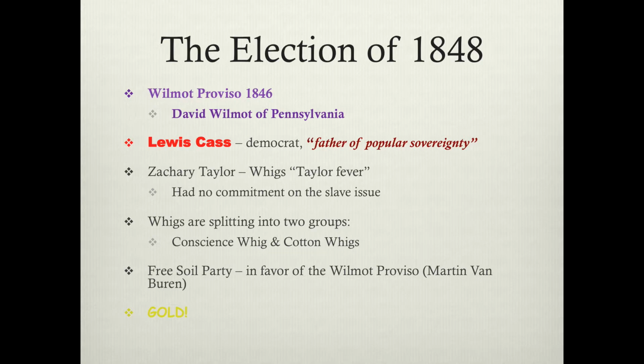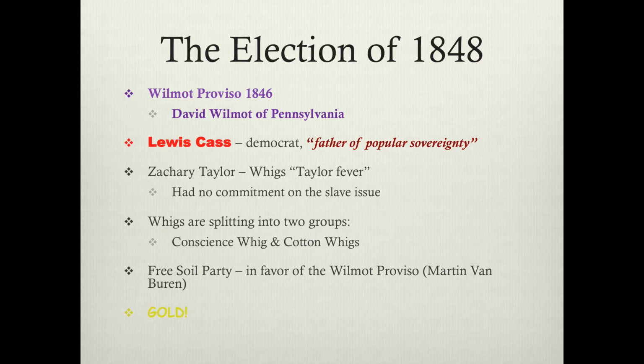Texas is now in the United States. It already has slaves, so it gets to keep its slaves. But no more slaves after that. And there is a lot of fighting. It does pass in the House. The House of Representatives passed this provision, but it fails in the Senate. The Senate will not pass it. At the end of the war, when the Mexican War is over in 1848, and it's the Treaty of Guadalupe Hidalgo, they try to bring back the Wilmot Proviso and make it part of the treaty with Mexico. And again, it causes a lot of anger. A lot of bitter anger is now being developed because of this.